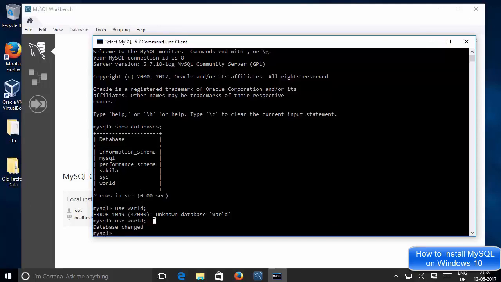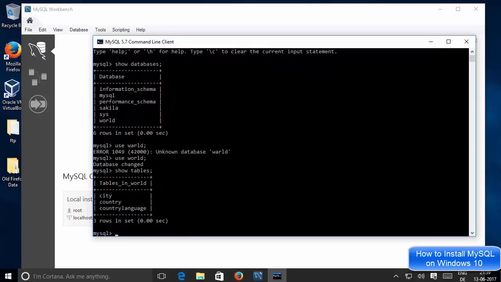Right now, in order to see all the tables inside this database, I can just say show tables and the semicolon and then press enter, and now I can see all the tables inside this world database. So there is a city table, country table, and country language table inside this database. So in this way you can interact with your database using the MySQL command line client.